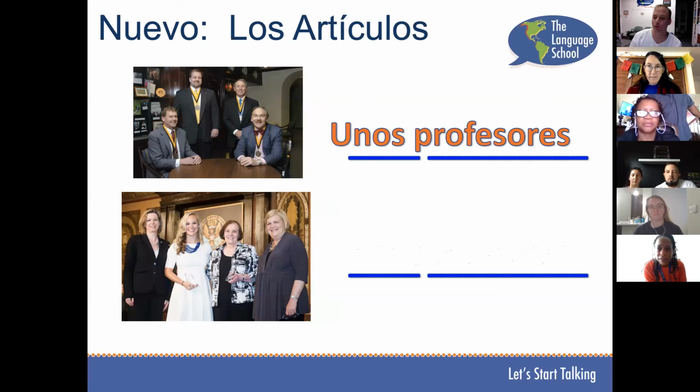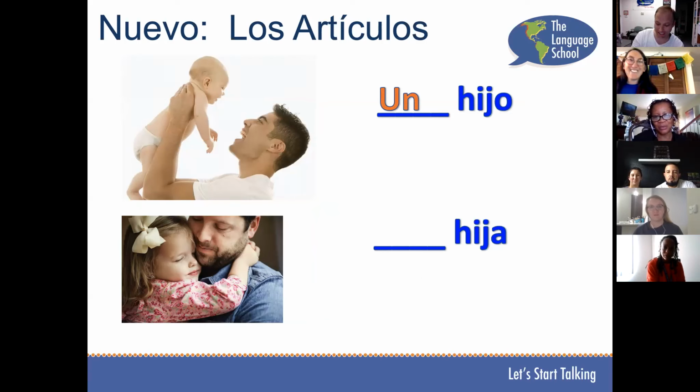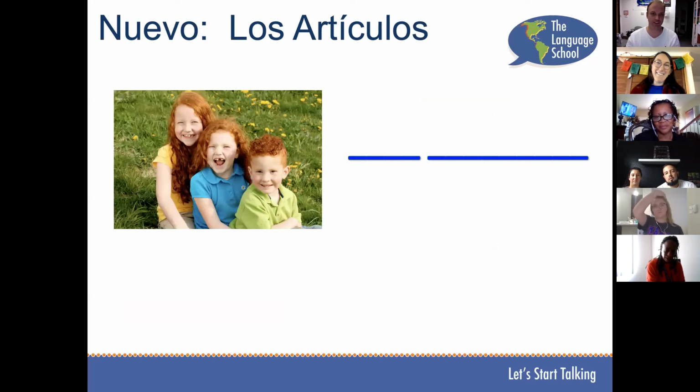Emily. Un hijo, una hija. And so the pronunciation here, the H is silent, so you don't pronounce it. And then the J produces the H sound. So it's completely funny here, but it's hijo, and then una hija. Muy bien. That's very good pronunciation there. All right. What about some children, Daisy? Unos hijos. Muy bien, perfectísimo. Okay, nice job.